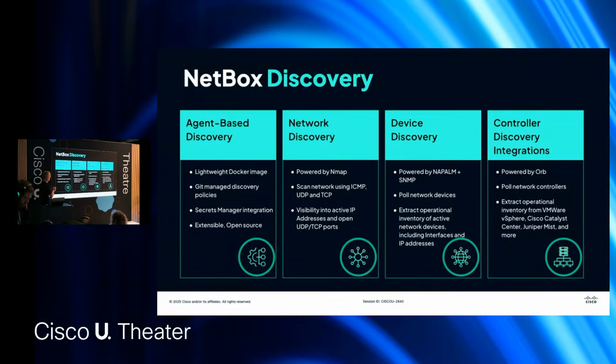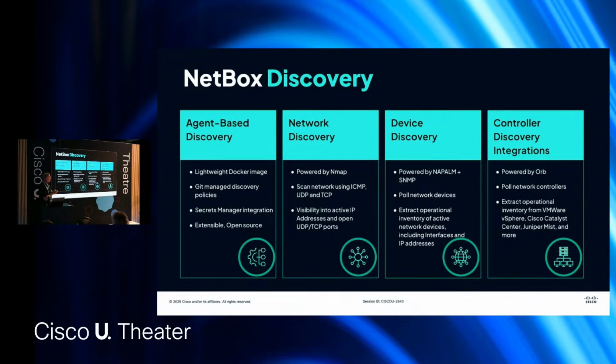Okay, so the NetBox Discovery is a suite of tools actually. They all fundamentally run as a lightweight Docker image, and you can deploy this agent in various different places within your network. If you have segmentation, you can drop them behind firewalls and so on. We can do network discovery, so it's powered by Nmap, so we can discover your networks in terms of what IP addresses and what ports are up and things like this.